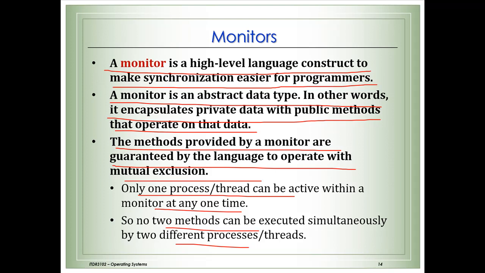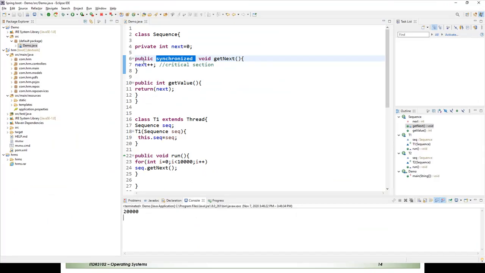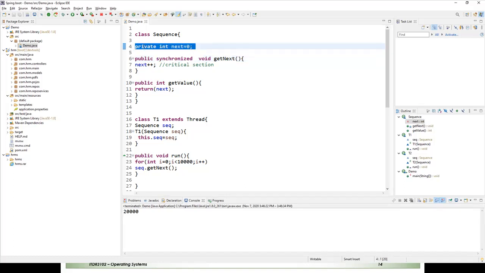So this is, for example, this class, this variable is private, and this method. Now let me ask you a simple question. I remove this.